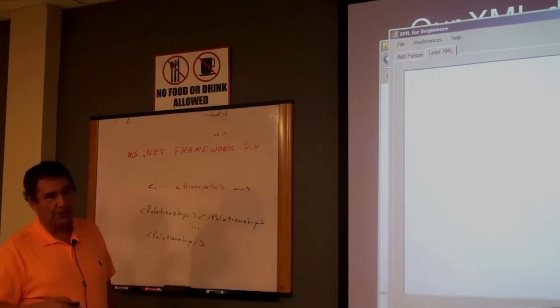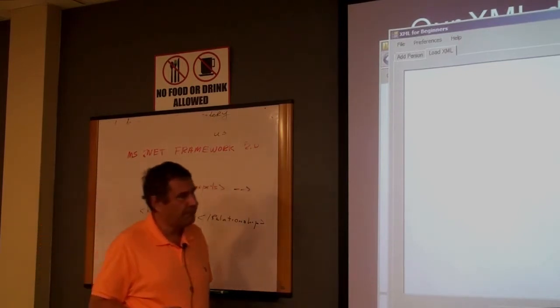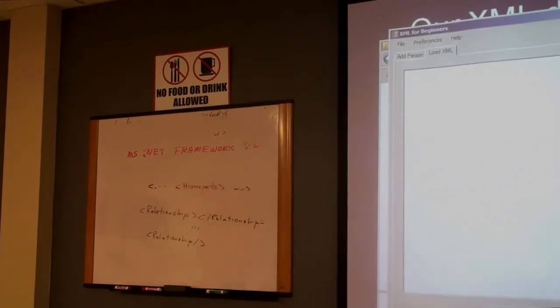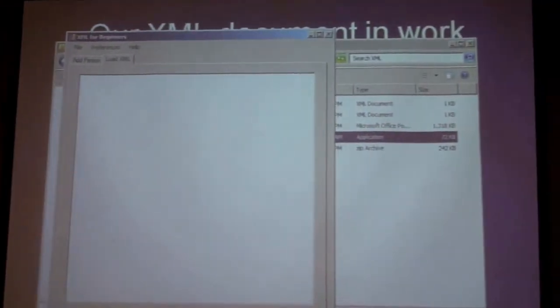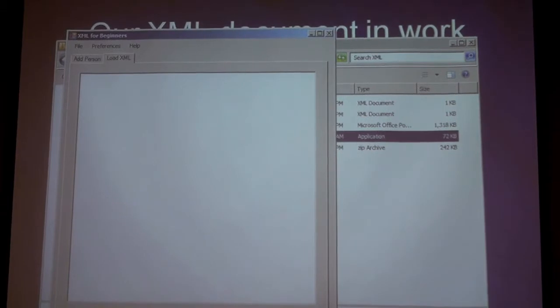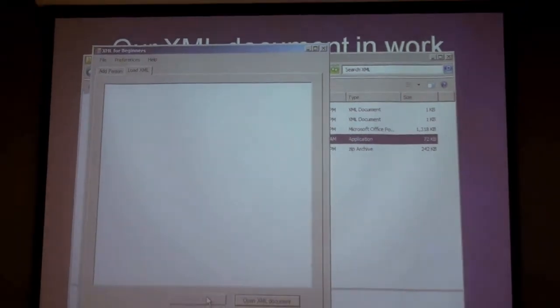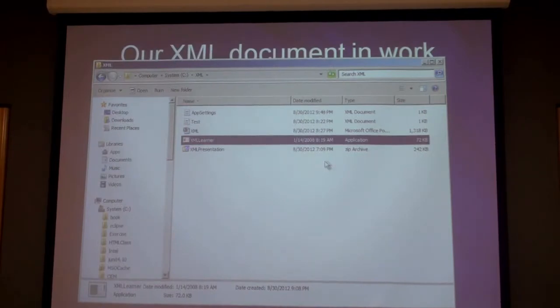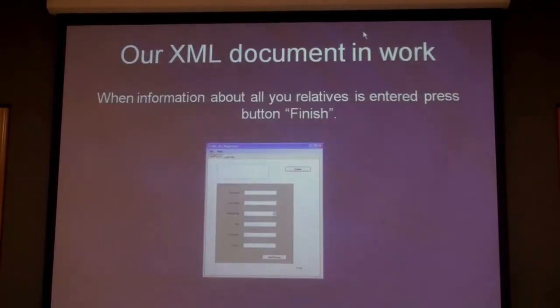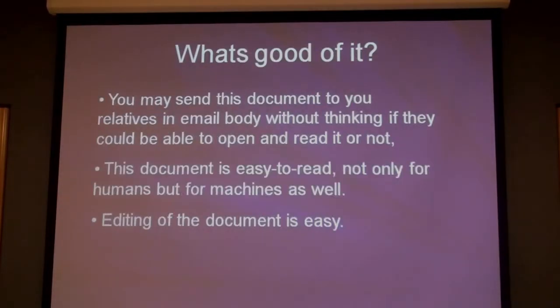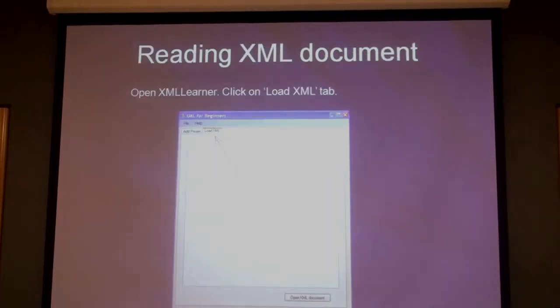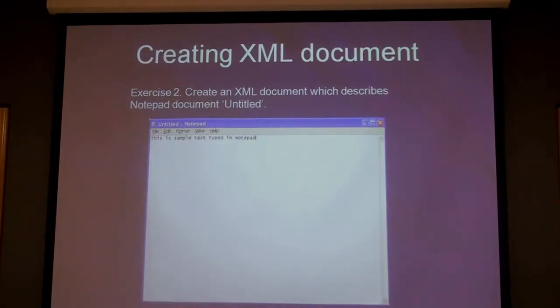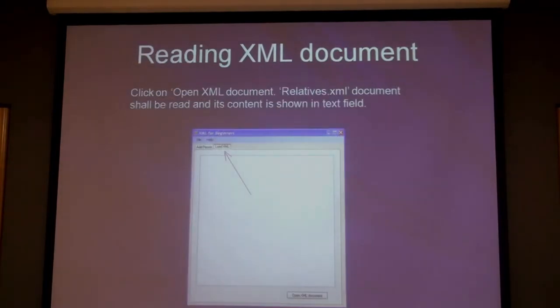Okay? So that's what we are going to cover now. Any question about XML Learner? Because we are going to finish our work with this XML. No? Make sure that it's working. Okay, let's move forward then. Then reading, and we did that. And then before moving forward,